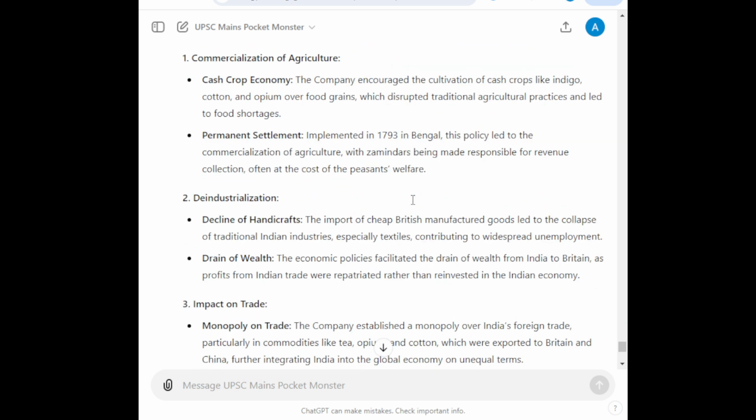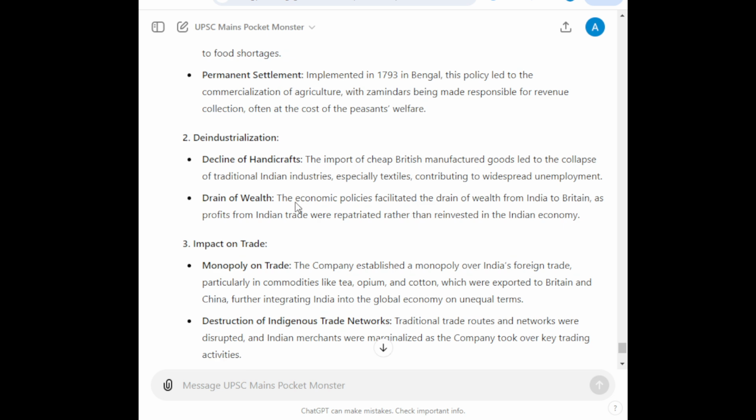So we'll come here again, and whenever you talk about the drain of wealth, you should conclude the point by saying the investments were then not made in the economy itself, but were sent to Britain. That's why it's called the drain of wealth, and also deindustrialization. And what about the agriculture? There's the land revenue, taxing land revenue system, and there's cash crop commercialization. All right, and there's land degradation because there's no interest in improving the land quality because it's not anybody's land. It's only for a contract.